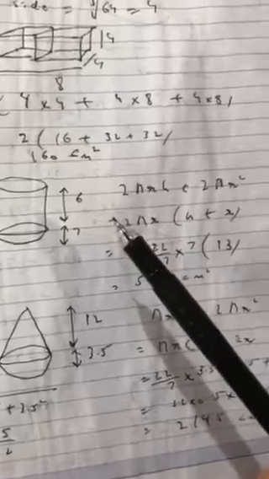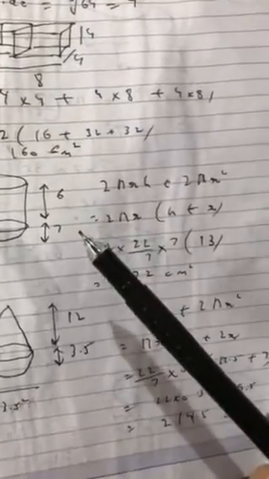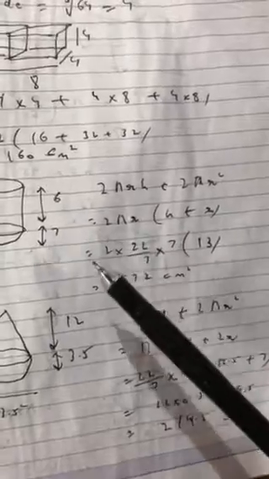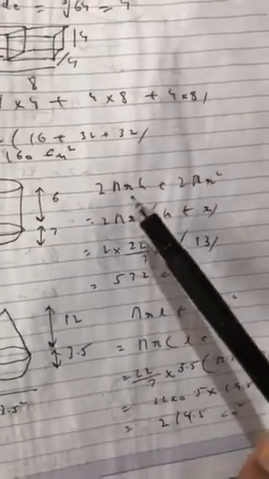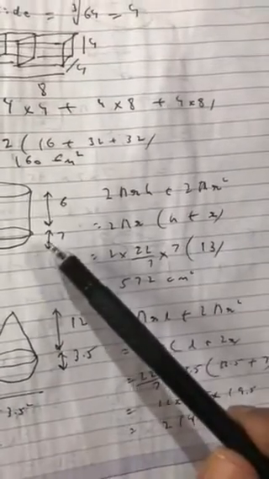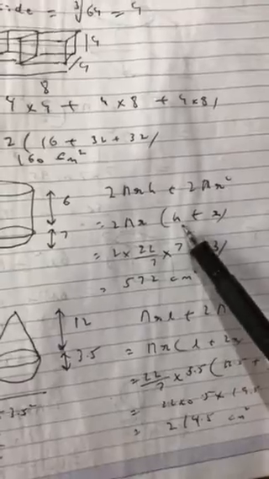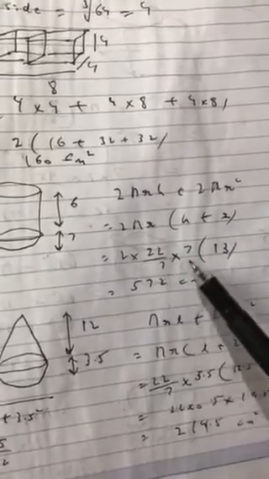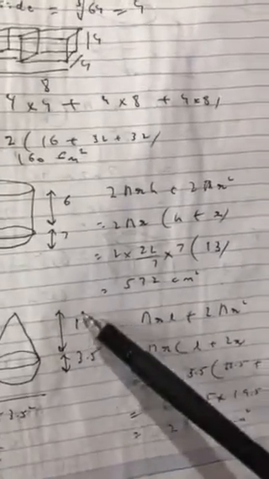Today I want to tell all of you one very important thing. Mensuration is a calculation intensive chapter, so always save your calculation till the last step. Don't put values right now. Take 2 pi r common into h plus r. Now put r equal to 7 and h equal to 6. So 2 into pi into 7 into 13. So the answer will be 572 centimeter square.